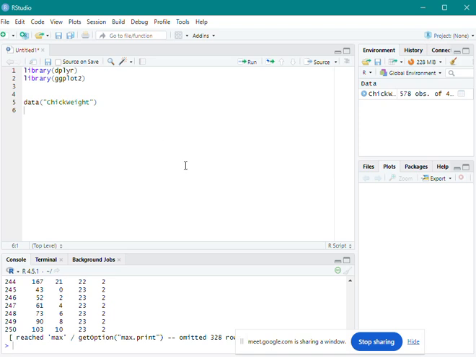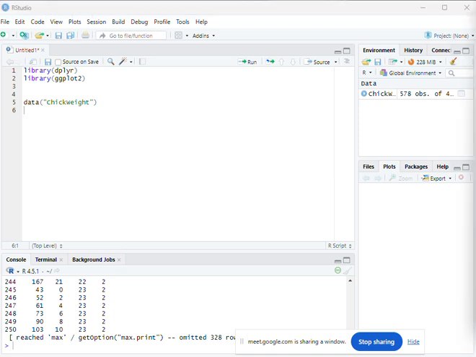Now for part three, data manipulation, we will use the package dplyr. We will group our data by time and diet, and then calculate the average weight of the chicks for each group. For this manipulation of data, we will use functions like chick_summary, group_by, and summarize.